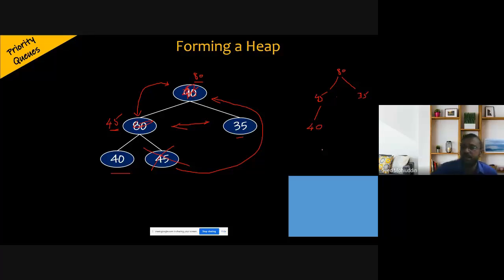And the element which is deleted is the 90. It's the root which is deleted. So every time in a heap when we delete, the root gets deleted. So remember that. Now let's come back to the